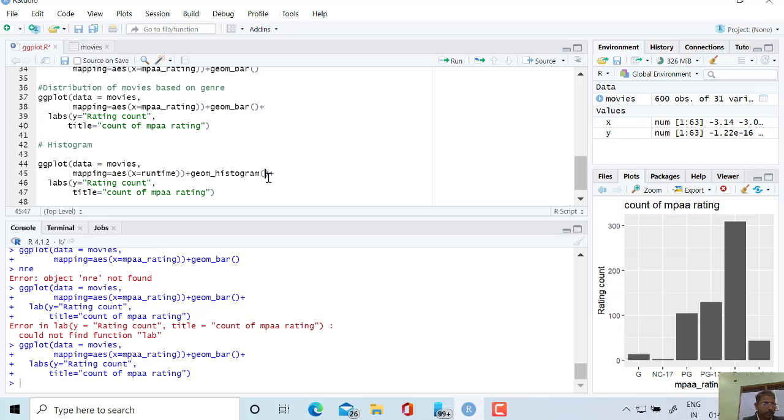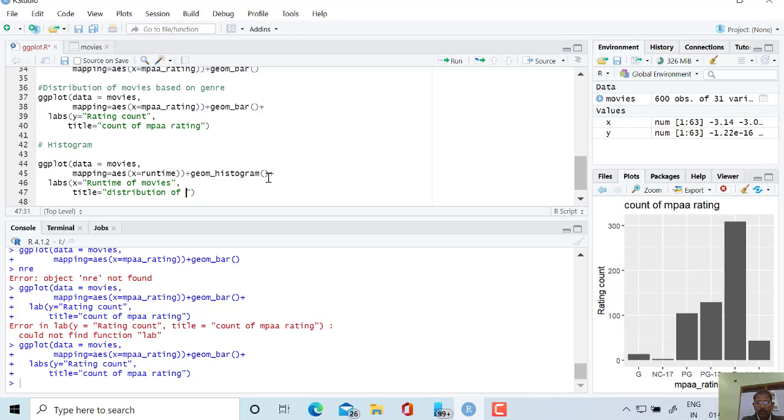And labs here, because in the case of a histogram an x variable should be given, and this x variable I have chosen as the runtime of movies, and therefore I can write the title, distribution of runtime.